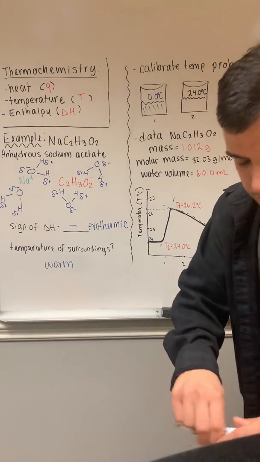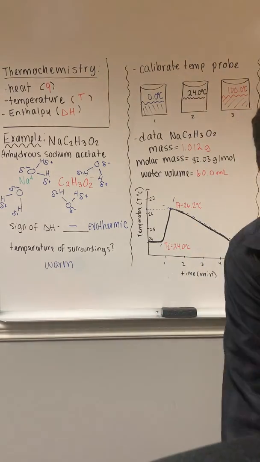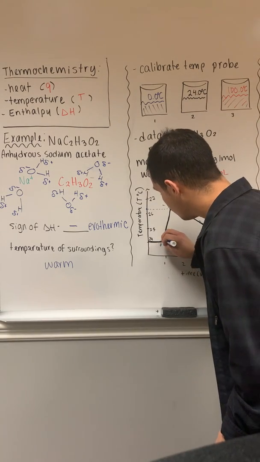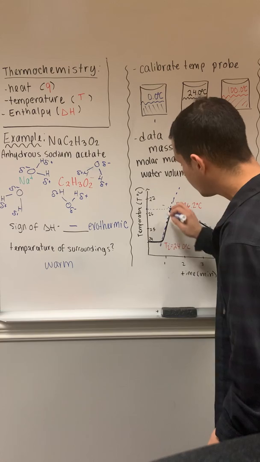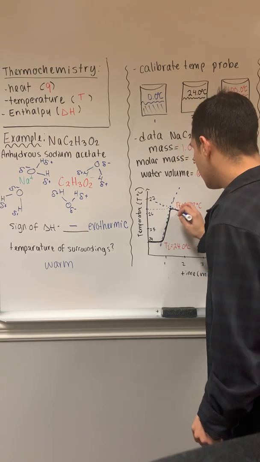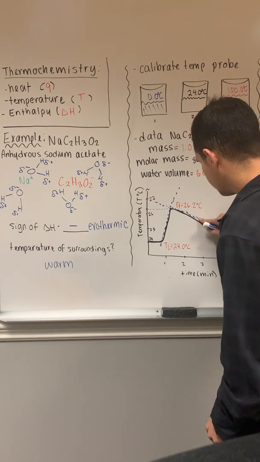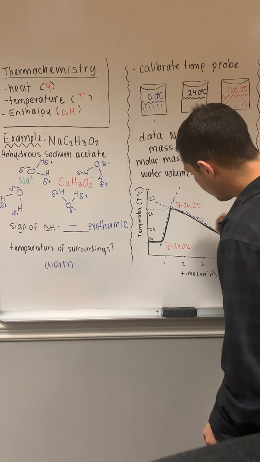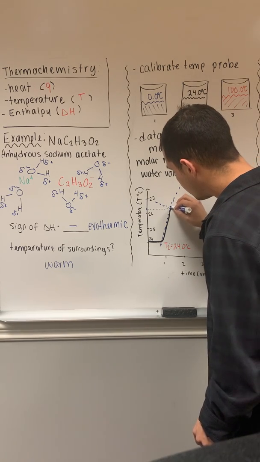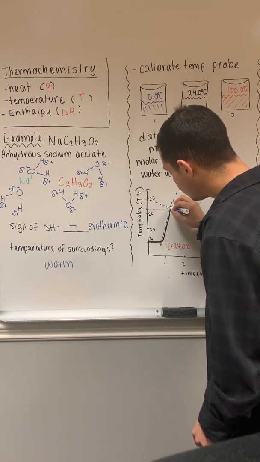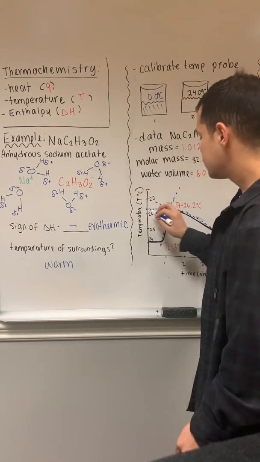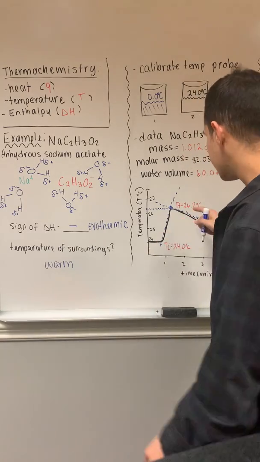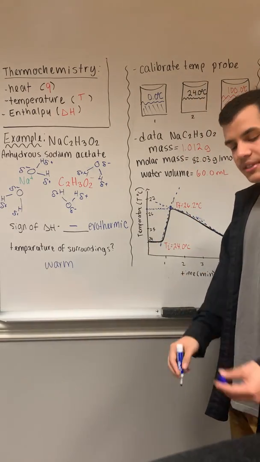You just draw a slope on the two parts of the graph, a slope on this incline, and then a slope on the second incline. I see where they meet, right here. Then I trace it back to the temperature axis, and I measure with a ruler, and it tells me it's 26.2 degrees Celsius